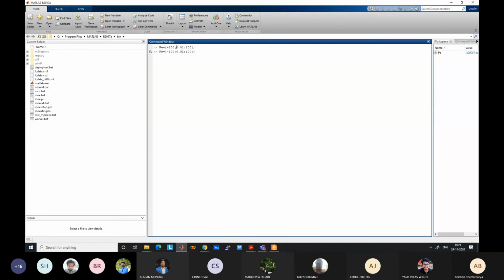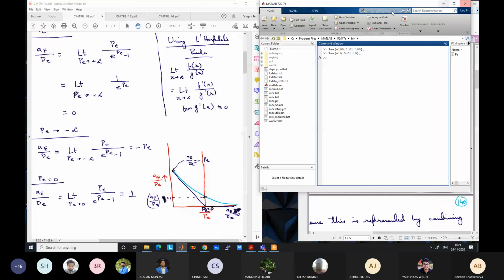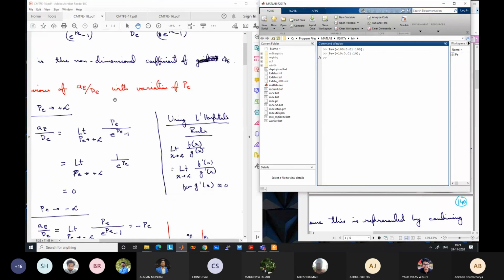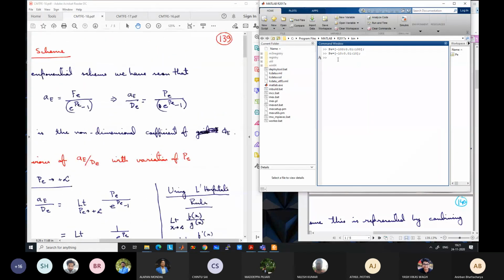You will not be able to see anything. Let us take -10 to +10. And we will plot this expression, actual variation. Let us write it as coef P is equal to Peclet number divided by